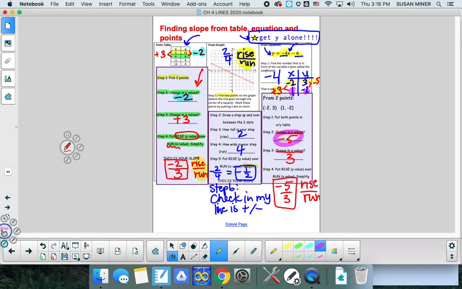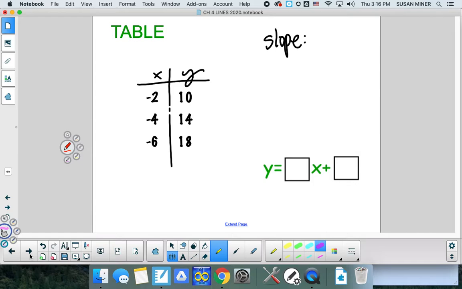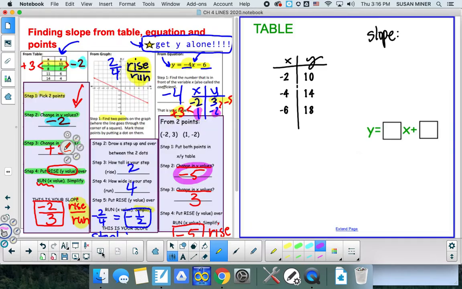All right. Let's just practice this a little bit. Let's practice finding the slope from a table. So make sure you use your notes. I'm going to split screen this really quick so we can use our notes, and I'll show you how to use your notes in order to do these things on your assignment today. So on my notes,